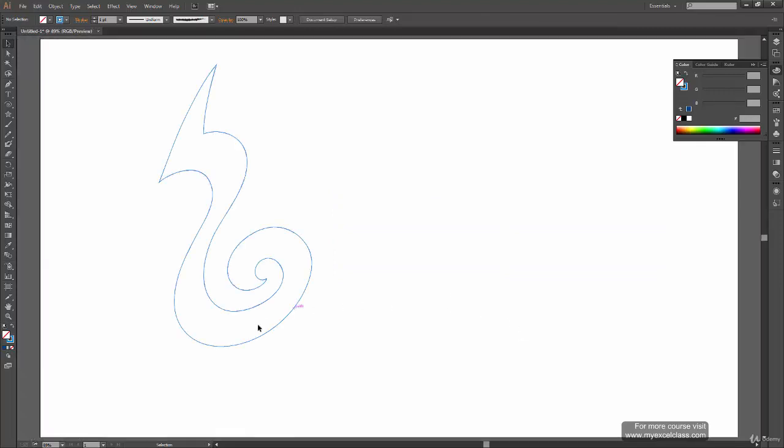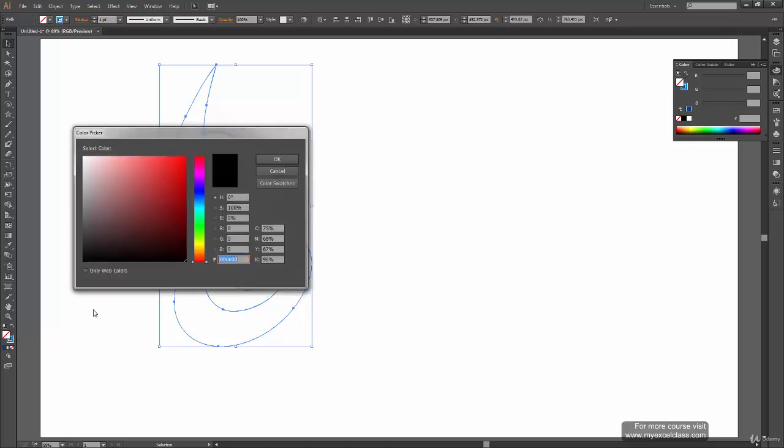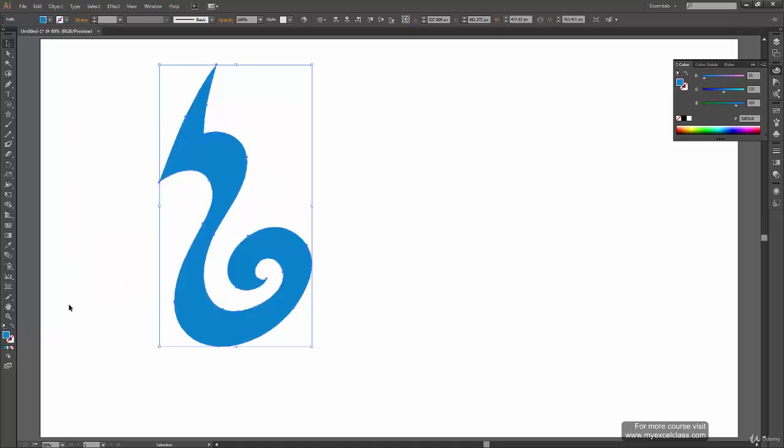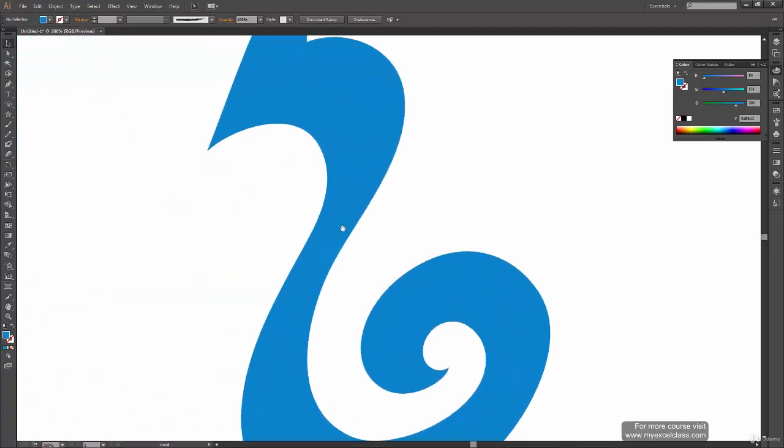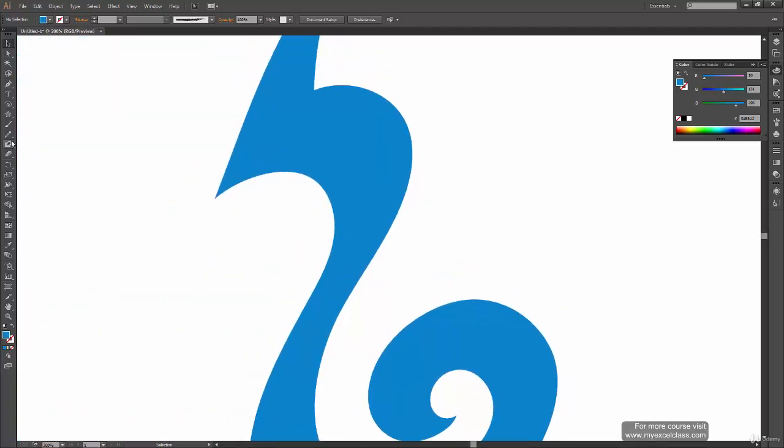Alright, so with that understood and we have our path closed, we can actually fill color inside this, or just reverse the outline color over here, and I have my shape ready. Now let's extend this design and make some more shapes around it. So what I'm going to do now is fast forward the video so that it won't take much of your time.